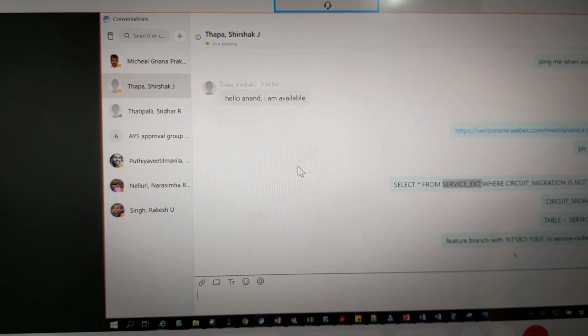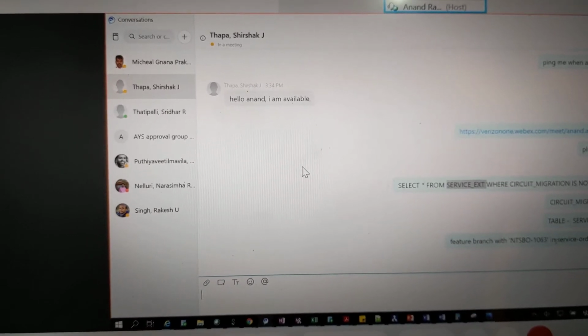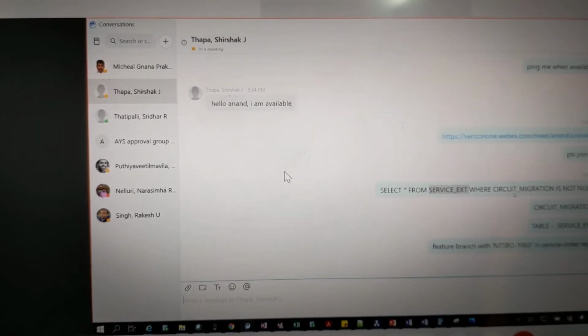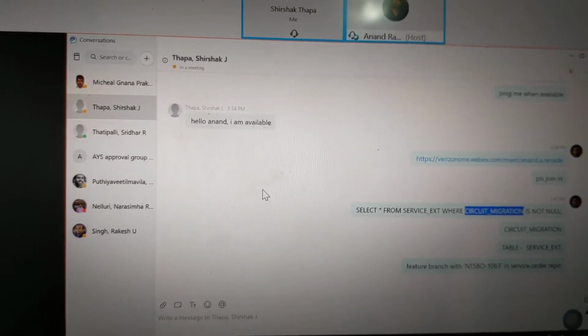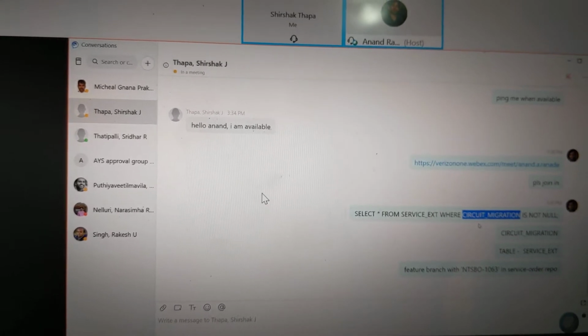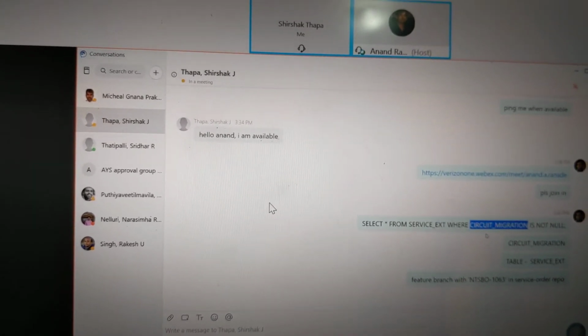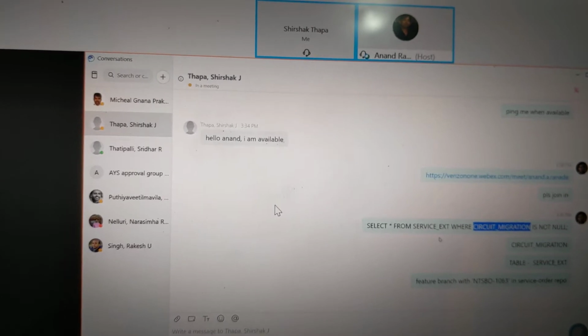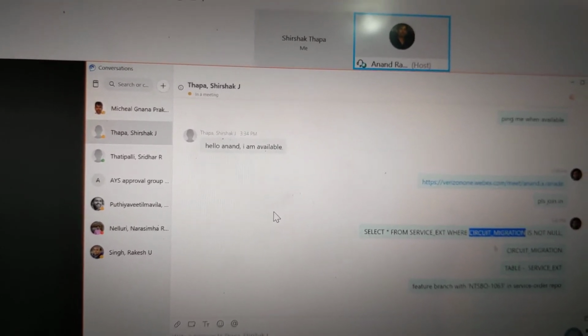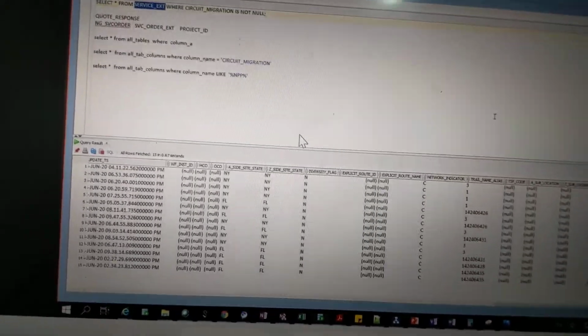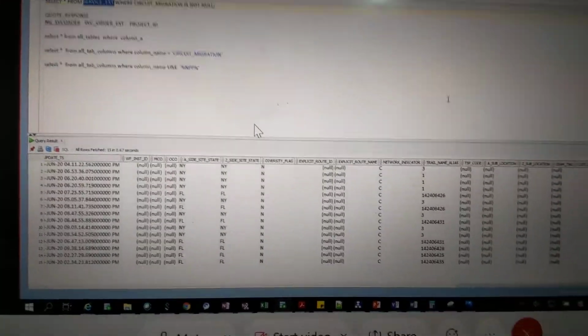So you can probably just browse through that code to understand what they have done to populate that, to get the table from the other service into my service. But for our change, all we need to do is be able to access that object and look at the value, and then accordingly set the status. If the circuit migration status is yes, I'll proceed. Otherwise, it will be BAU, business as usual. Okay, got it.